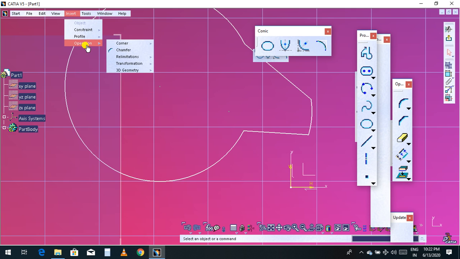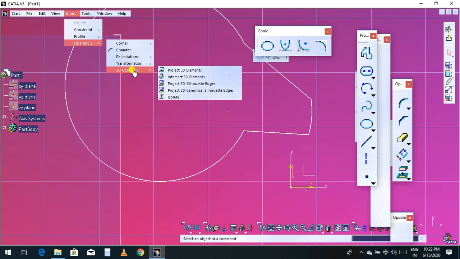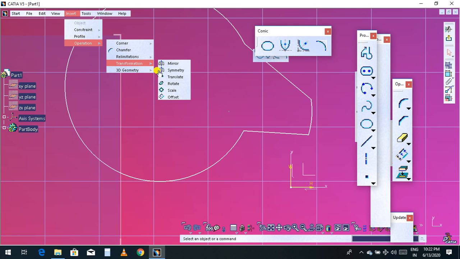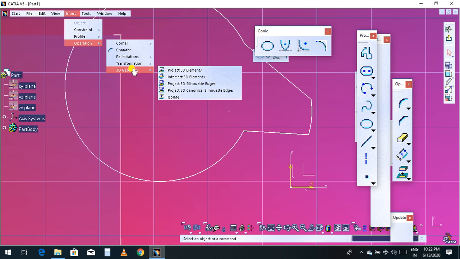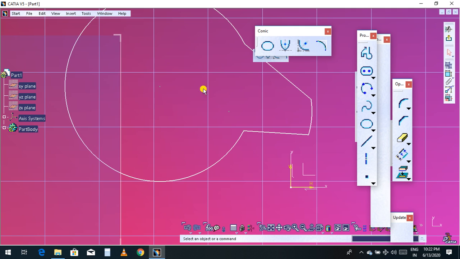So go to Insert, Operation, Transformation. Earlier I completed all these transformation tools, and I said I will move to 3D, but now I'm still in 2D, so I am not choosing this 3D orientation geometry. I will discuss 3D geometry later. Now, what I was discussing is the fix. Here is Fix Together. If you expand this, it is Auto Constraint, which gives all the dimensions or values, and it was already discussed in the beginner video.